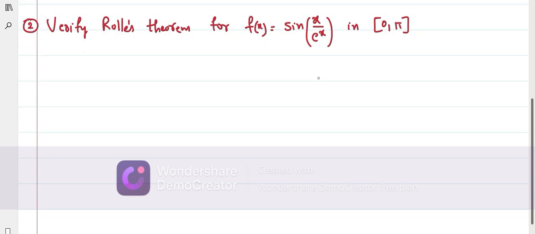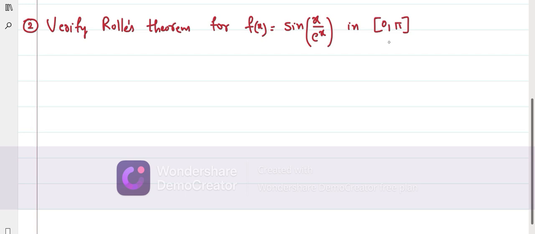What can you say about the sine function? It is continuous as well as differentiable, is it not? So here I know that x by e^x is there. So e^x is not equal to 0 for any x. That is one advantage here. This is defined. If you give 0 also, e^0 is 1, it is not 0. So I can say that the function is defined for every real number